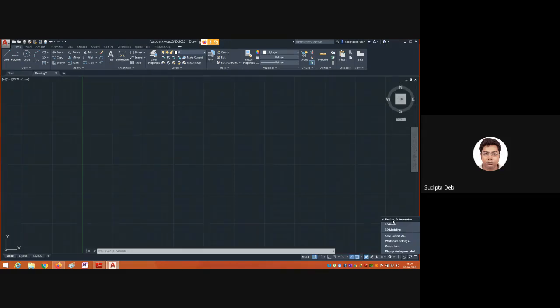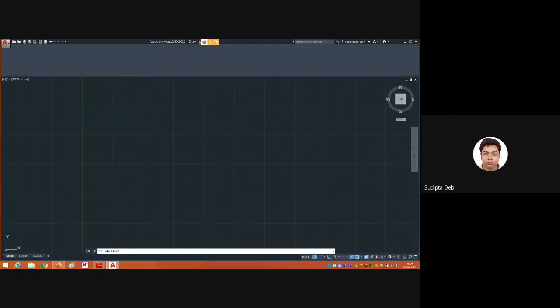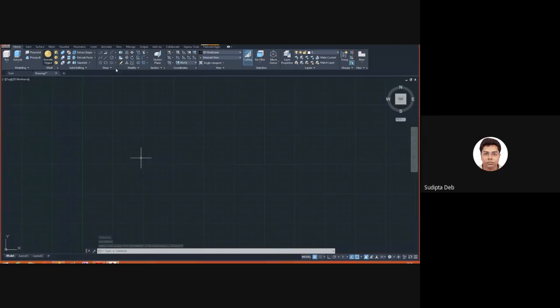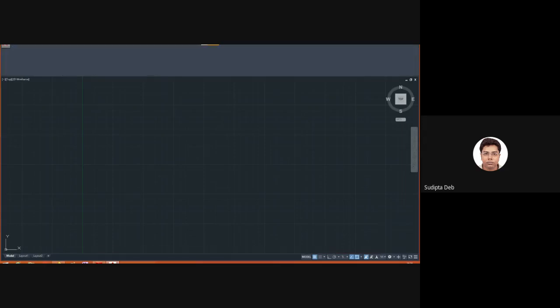If I click 3D Modeling, your environment will change to 3D, and you can see the tools in the toolbar are different: modeling, meshing, solid editing. These are tools used for 3D models. But right now our target is to draw 2D models, so we have to change this back to Drafting and Annotation.